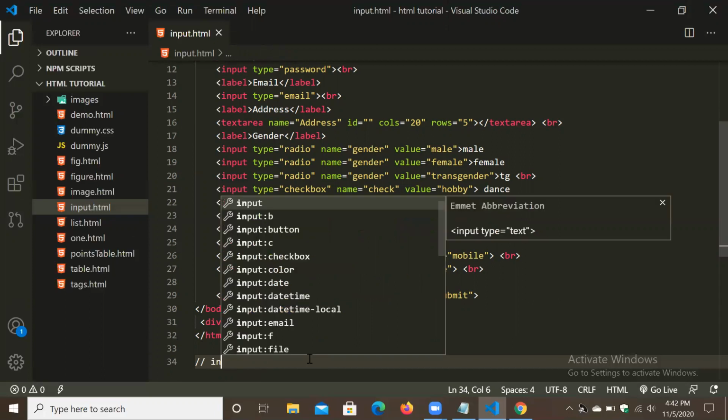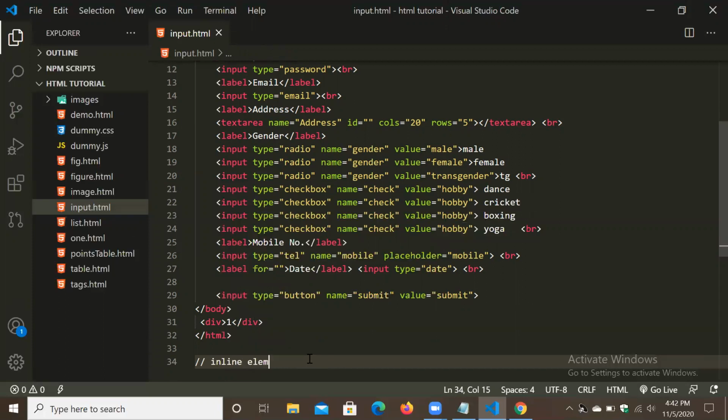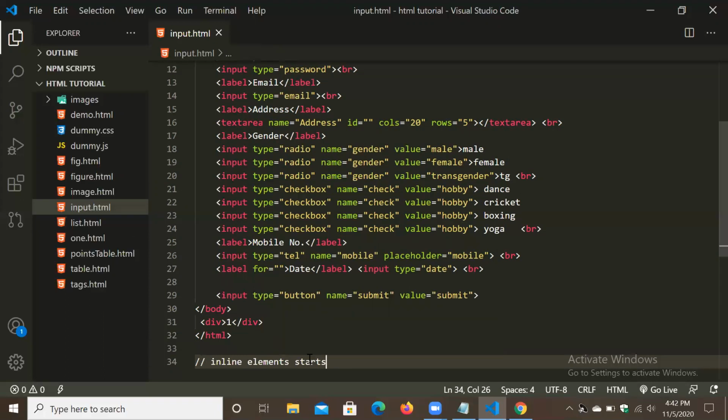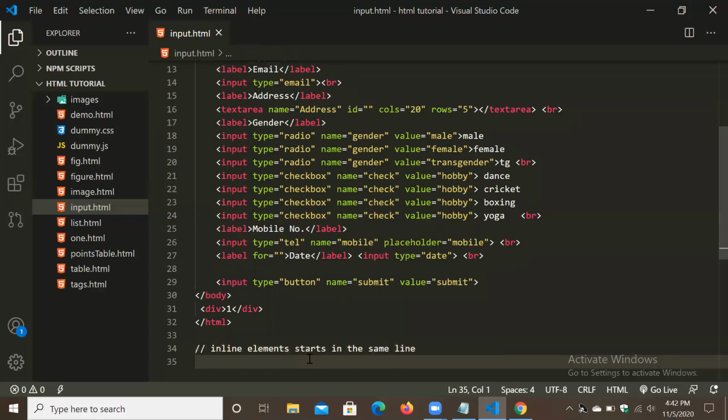Inline elements start in the same line. Again, next thing, inline elements take the content width.